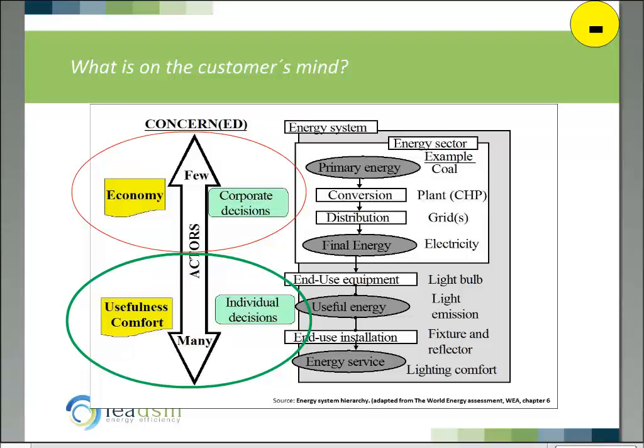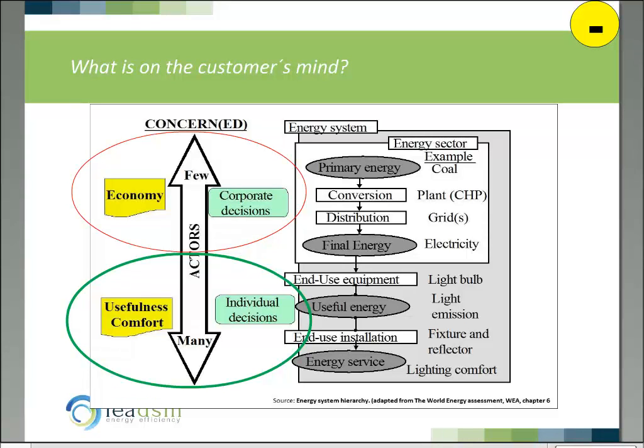In one respect, it's still there. If we think about how the energy system works, we take primary energy, we convert the energy, we distribute it, we get final energy, send it out in the grids, and it finally ends up with the customer as an energy service. We are still very much talking about what happens in the system in terms that are applicable for the energy providers, the energy suppliers, the utilities. We are talking about their corporate decisions, which are